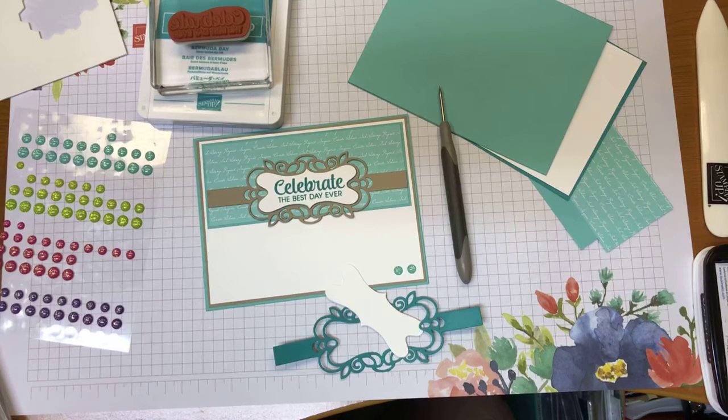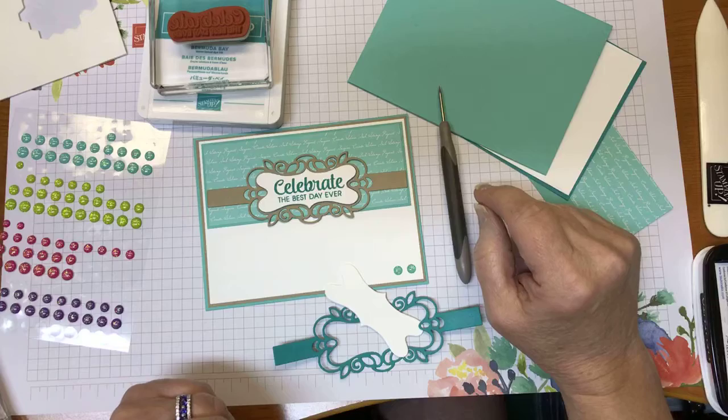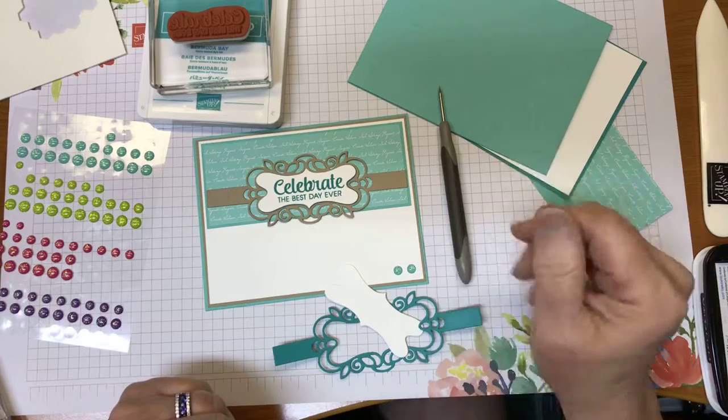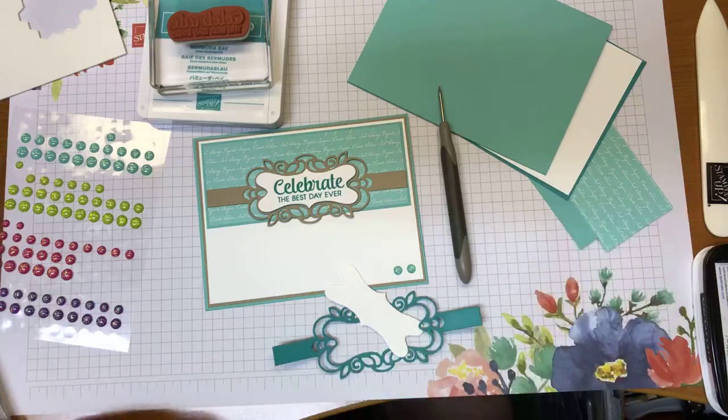Normally I like to do my Facebook Lives around 2 o'clock, and today I had stamp camp, so it went until 4 o'clock, which gave me a little bit of time to get myself together again. So anyway, today I just wanted to show you real quick some quick and easy cards using